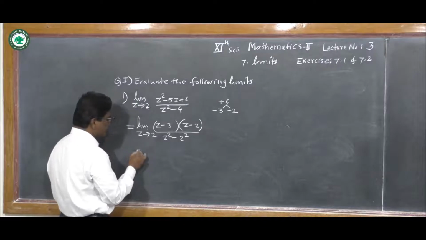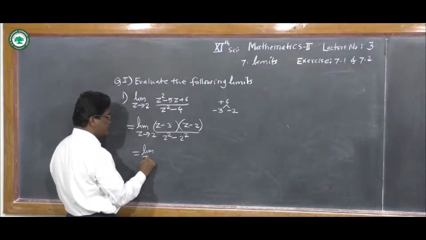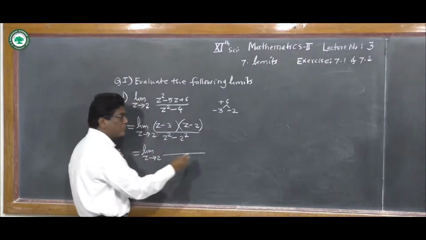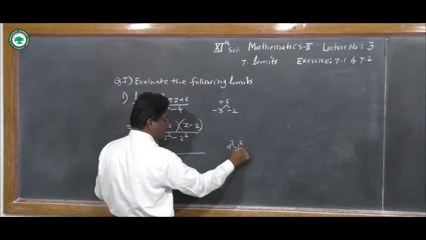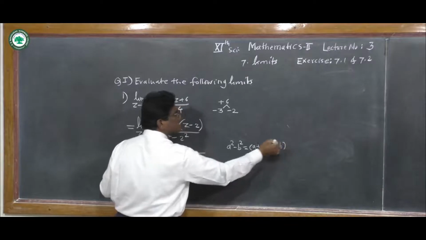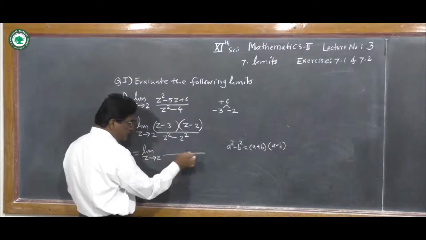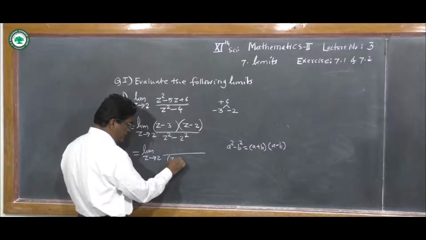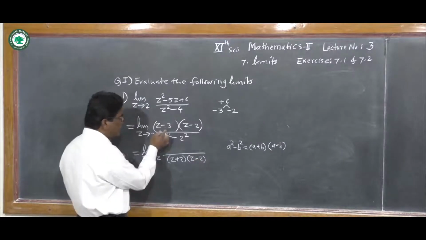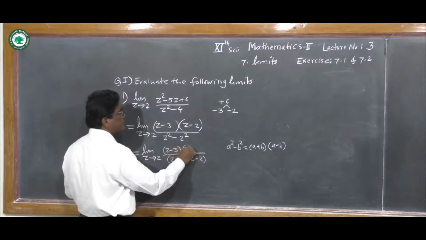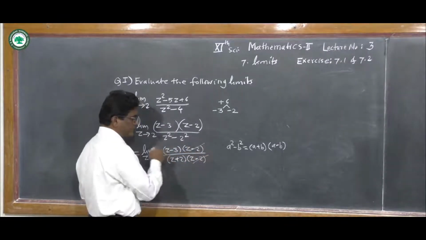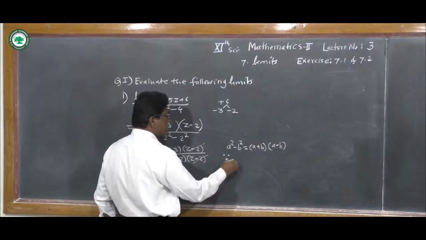Okay, now this is equal to limit as z tends to 2. In the denominator we use the formula a square minus b square, that is equal to in the first bracket the addition and in the second bracket subtraction. So here a plus b means z plus 2 into z minus 2, and in the numerator z minus 3, z minus 2. We cancel this same factor z minus 2,